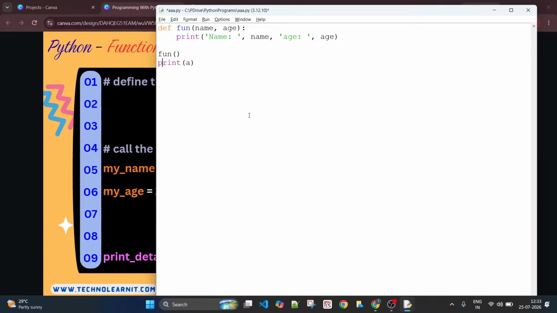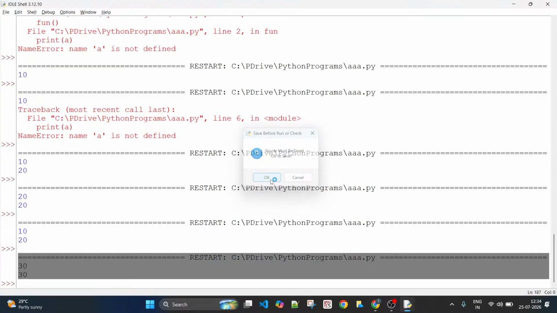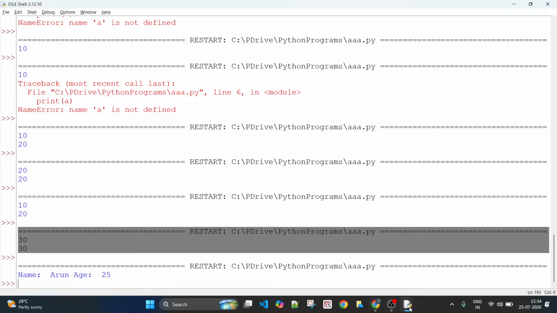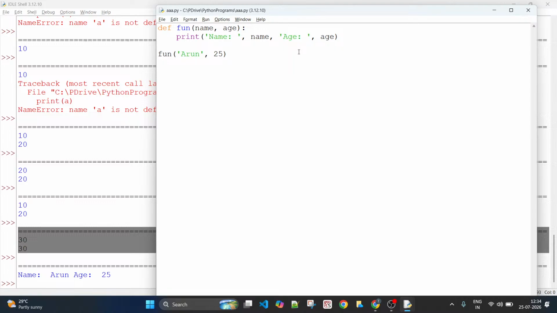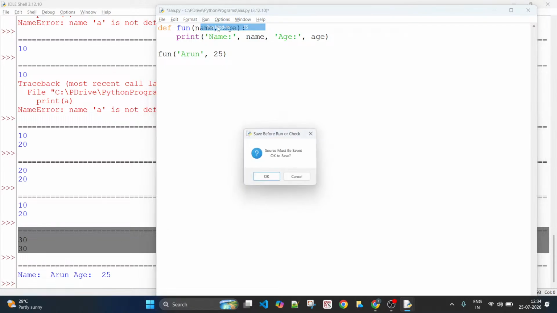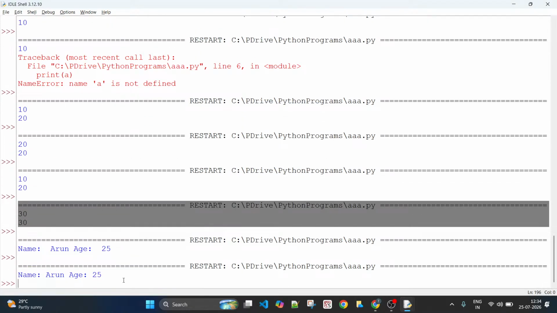Now, if you are calling this function by passing name as Arun and age as 25, what would happen? It would print name and then Arun and age colon 25. That's the expectation. Yes, that happens. You see, name is Arun and age is 25. That extra space has come because I have also added a space. So I can remove this space because by default the separator will be a single space. So name is Arun and age is 25.